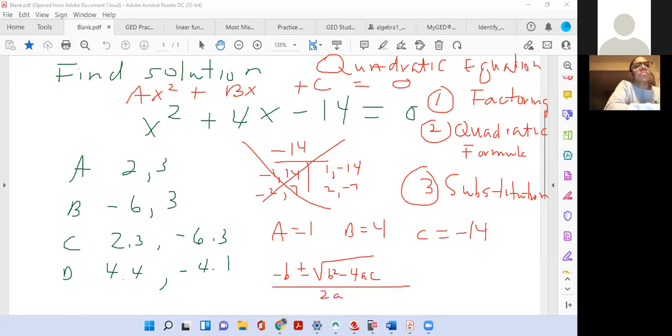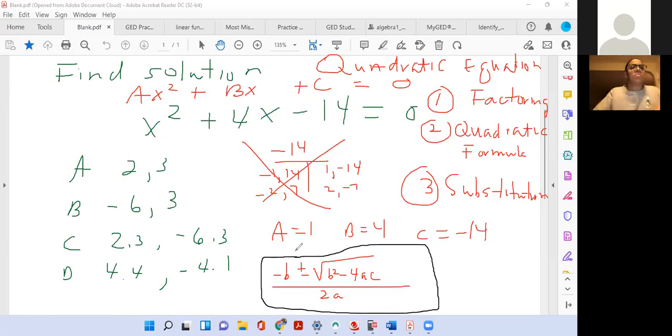I can tell you right now, if you have to use the quadratic formula, it's going to take you 5 to 8 minutes. You don't have time to spend 5 to 8 minutes on one problem. So what I would do